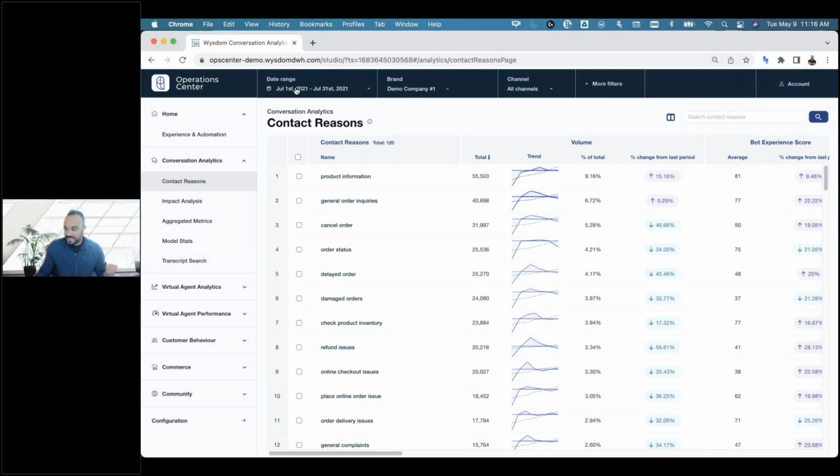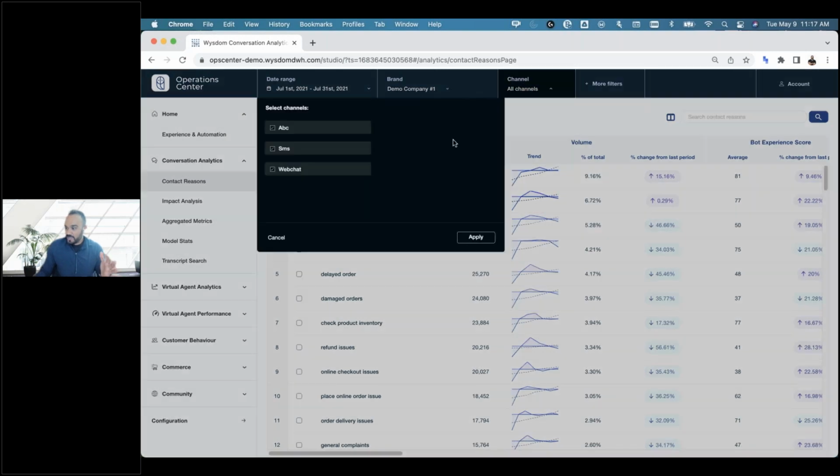So all of your date range filters are up here, your brand, if you have several lines of business, maybe you have a sub-brand or subsidiary you may be interested in looking at separately. Multiple channels, this supports mobile messaging, web messaging, voice, if you've got any voice, the conversational IVR. Even if you don't have conversational IVR, we'll pull in your voice and analyze your agent conversations.